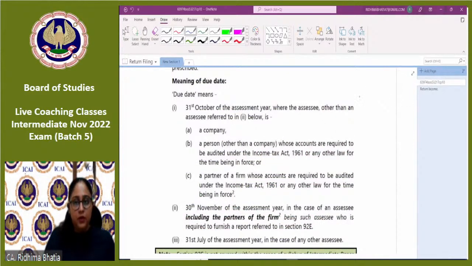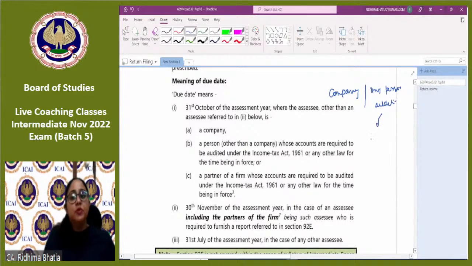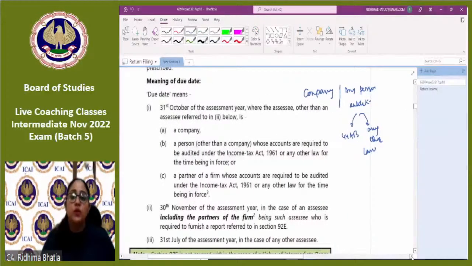अगर आप कंपनी है, if you're a company, I'm not talking about firm. If you're a company or if you are any person, जिसका audit is required. Audit can be under income tax. Income tax में कौन सा audit होता है? 44AB वाला, or under any other law. Any other law में आपका audit होता है. Suppose you're an electricity company, उनका अलग audit होता है. So if your books of accounts are required to be compulsorily audited, be it under income tax or under any other law,